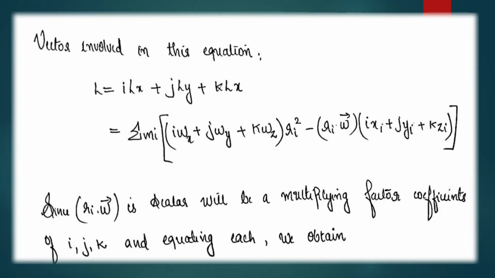The vector involved in this equation is L equals i Lx plus j Ly plus k Lz, which is equal to summation of mi into (i omega x plus j omega y plus k omega z) into Ri square, minus Ri dot omega vector into (i xi plus j yi plus k zi), which is equation number 2. Since Ri dot omega vector is a scalar, it will be a multiplying factor for the coefficients of i, j, k, and equating each, we obtain